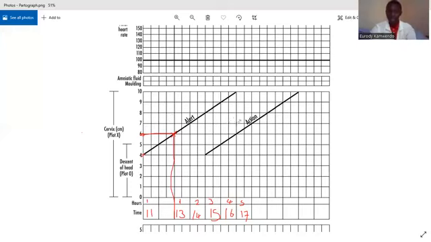After 4 hours, you find that this particular woman still has a dilatation of around 7 centimeters, meaning you may plot somewhere there. And you find that this graph has started shifting from the alert line. It is heading towards the action line. So in this case, you need to determine what is causing this graph to deviate immediately, because it could be maybe